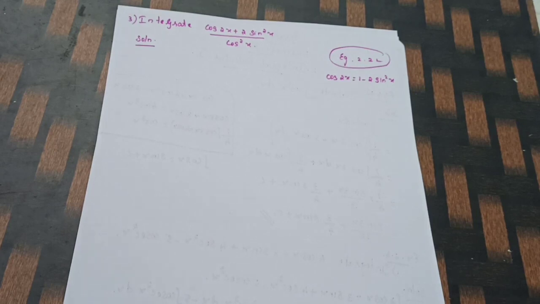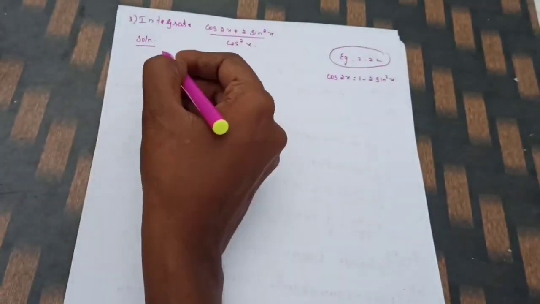Understand children? So in example 2.22 I gave 4 formulas for cos 2x. There itself I explained you for cos 2x there are 4 formulas. So there, which formula I need, that one I chose here. Okay, so here I need the formula related to sin square. So cos 2x is equal to 1 minus 2 sin square x.